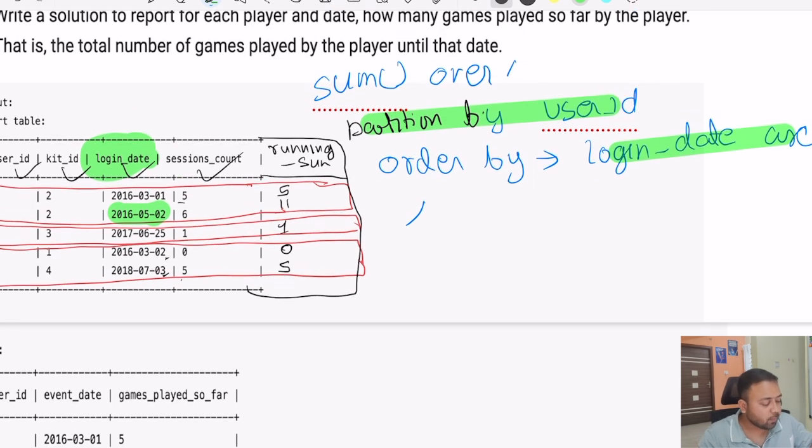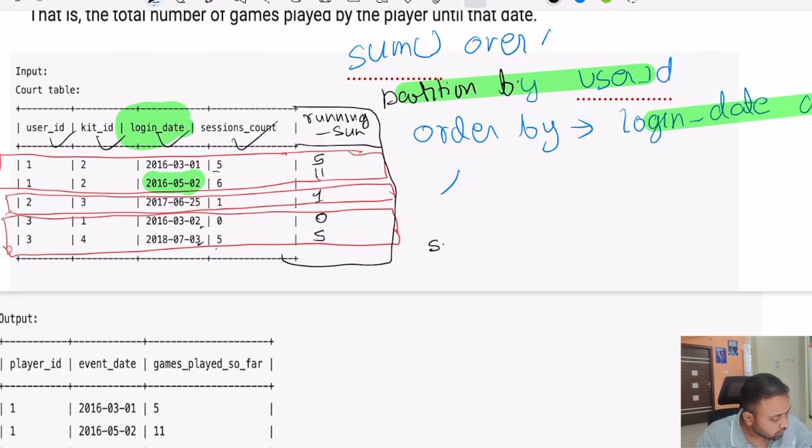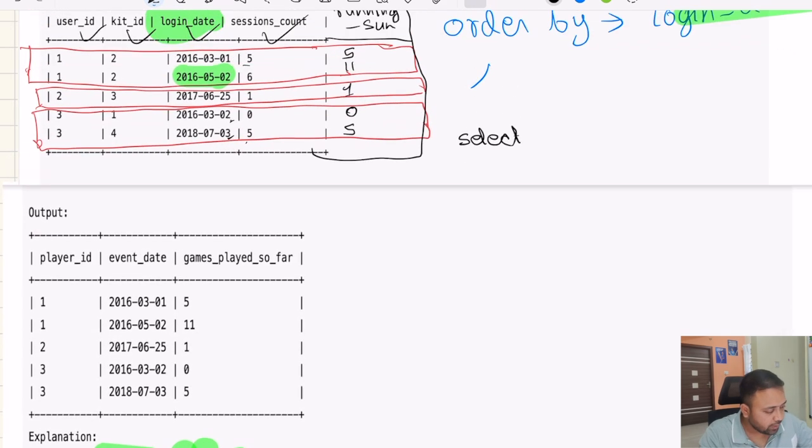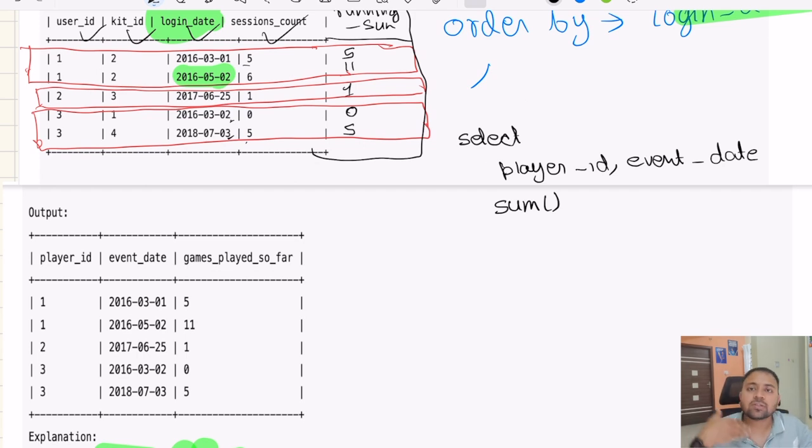So if you want to write the query, how will we write it? We will simply select, and in the final output we need these columns. So we will say select player ID, comma, event date, and we will apply sum, not directly, but over some window. We will say over, and then,